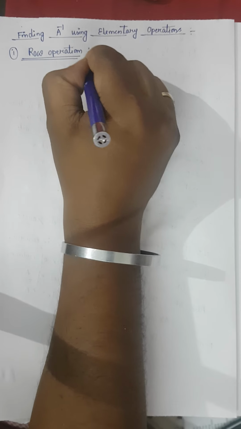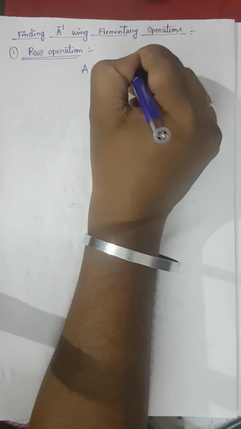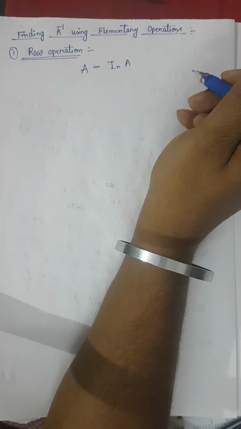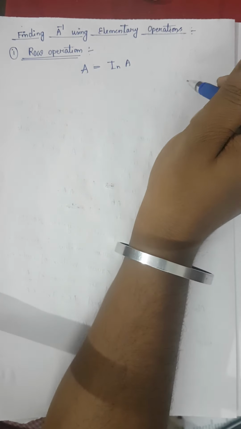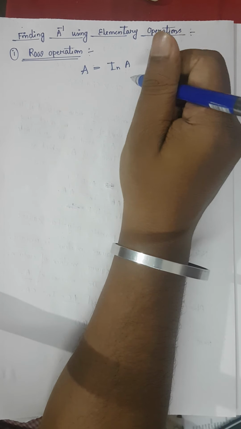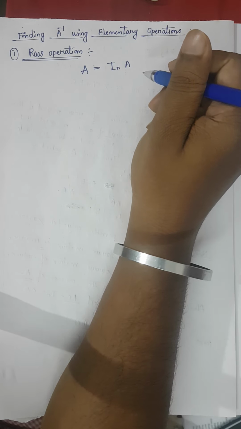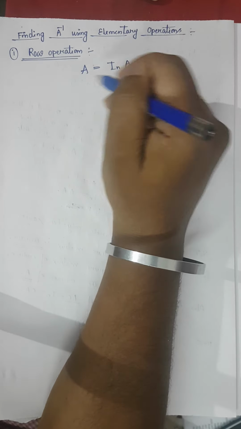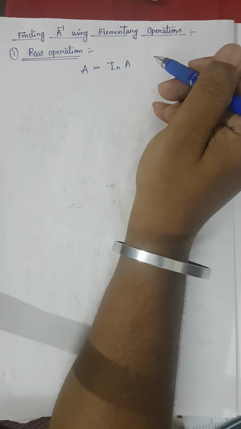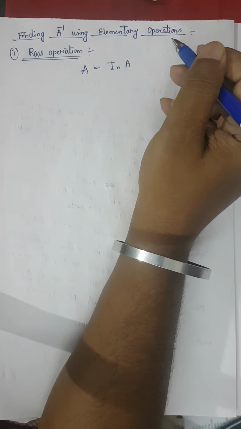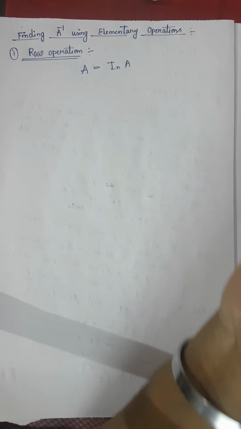When we use row operations, we write A is equal to In into A, where In is the identity matrix of the order n, that is the order equal to the matrix A. So A is equal to In into A. Now after using a sequence of row operations,